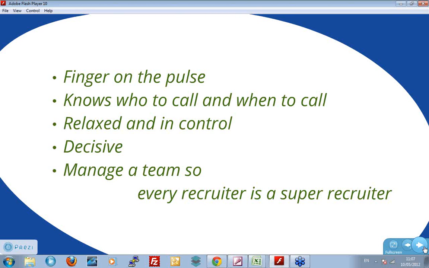Imagine you have all this as an individual recruiter, but imagine you are able then, as a super recruiter, to manage a team of other super recruiters. Imagine that all your team are able to operate at the highest levels. I've often made the observation that a really good recruiter isn't just a bit better than everybody else. A really good recruiter tends to be 2 or 3 times, maybe 10 times the billing level of your average to poor recruiter. And why is that? I mean, a really good recruiter doesn't make 10 times more calls than the average. In fact, the average probably makes more calls than a really good recruiter. The really good recruiter has this incredible knack of making very few calls, but making lots of placements, because they know who to call and when to call.